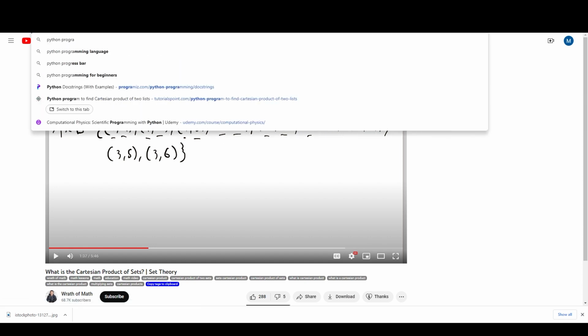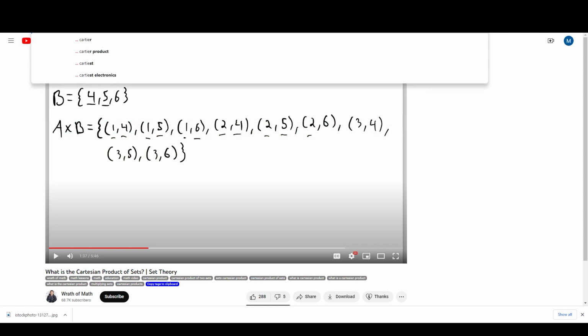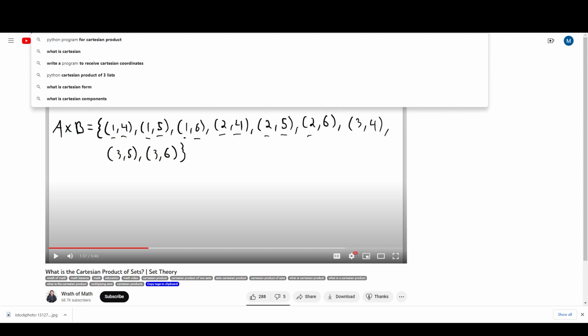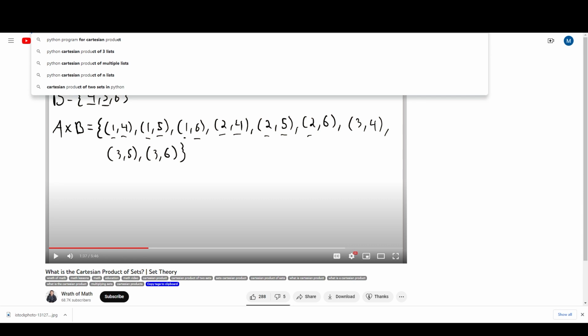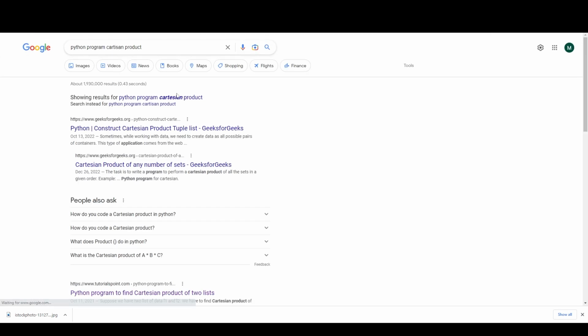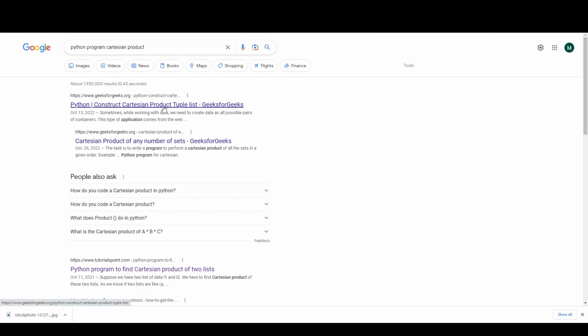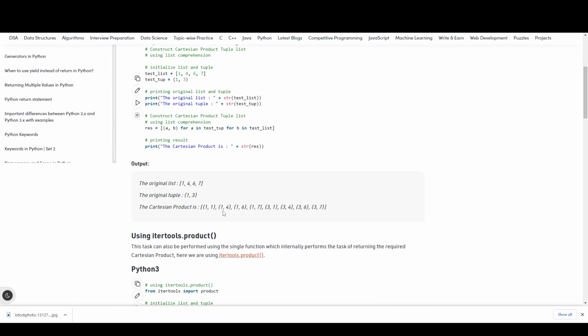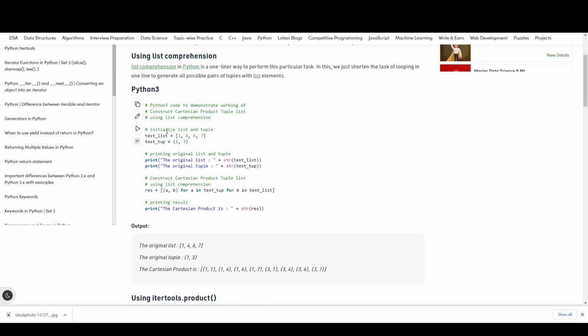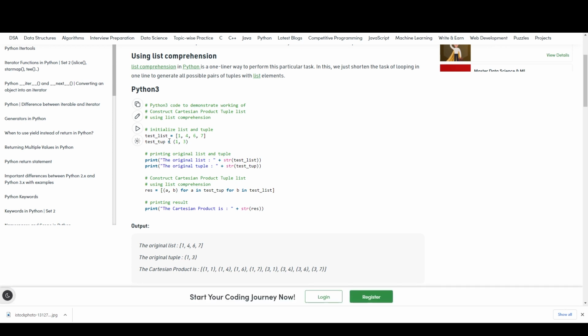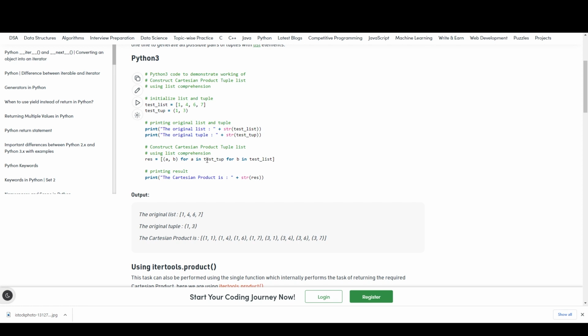Python program Cartesian product. Construct. One and 3.